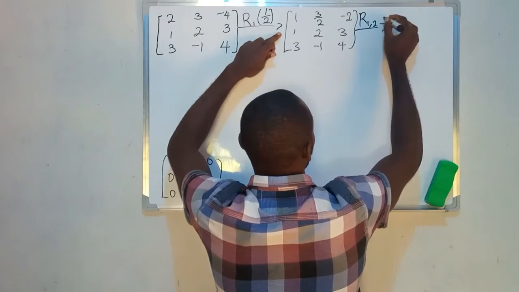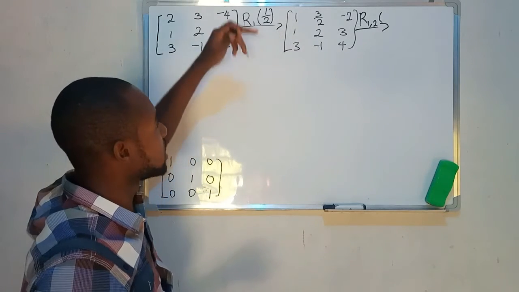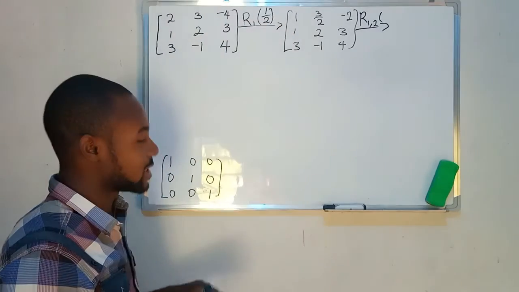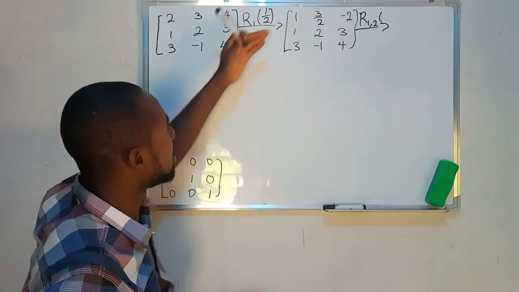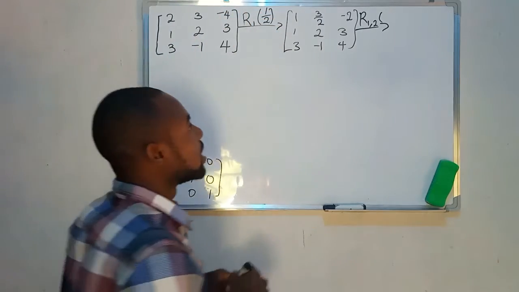So we have arrow 1, comma 2. And what is the number that we are going to be using to reduce it? Right here we'll have 1. So the number we are going to be using to reduce it is the additive inverse of 1. So the additive inverse of 1 here will be minus 1. And so we'll have